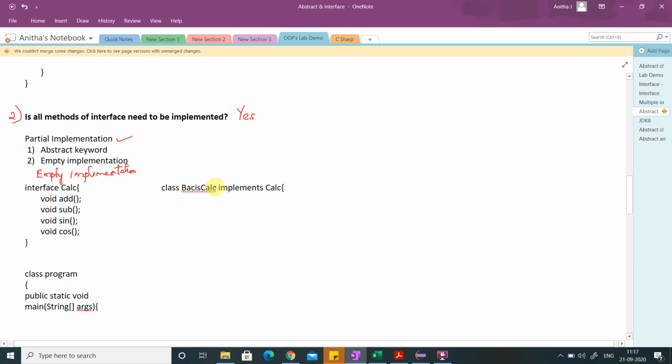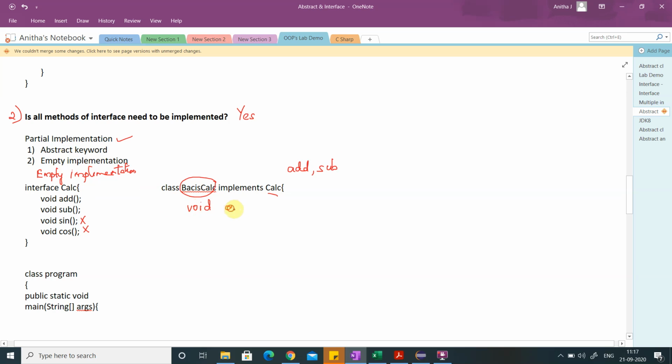Now I need to create a basic calculator which implements the calculator interface, but I need only the functionality of addition and subtraction. I don't need the functionality of sine and cos because I am implementing the basic calculator. So how can we achieve the partial implementation?